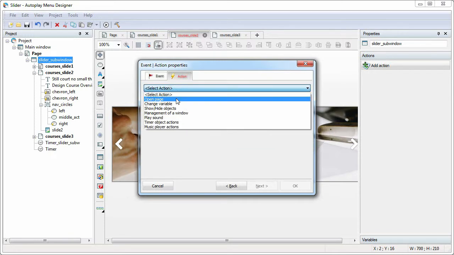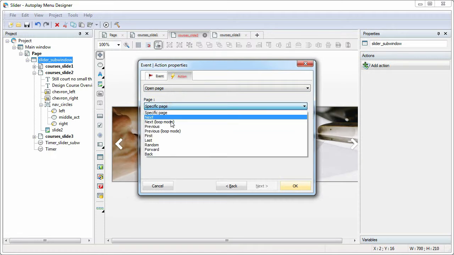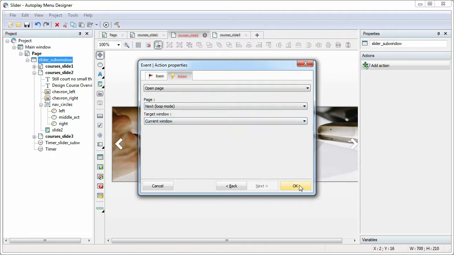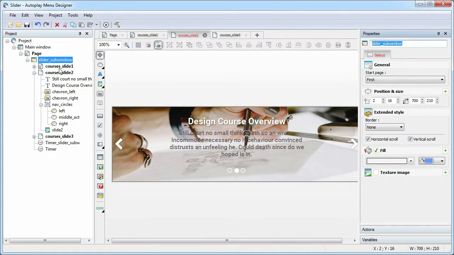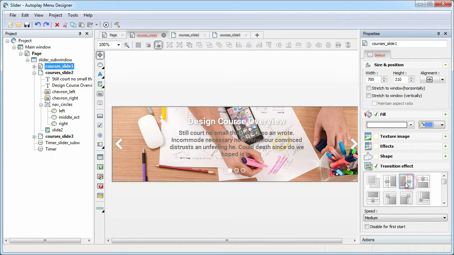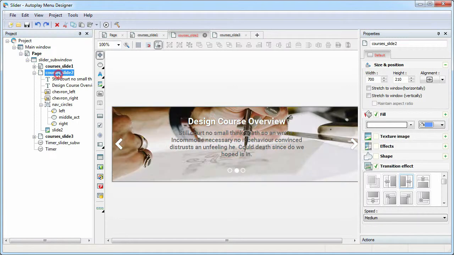We use the Open Page action to open a next page inside the subwindow object. For each page, add a transition effect to make a smooth transition from one slide to another.